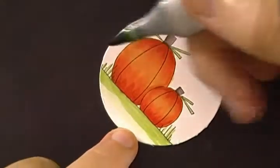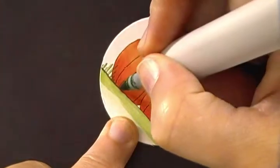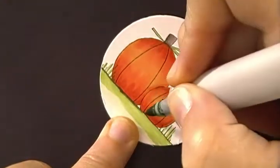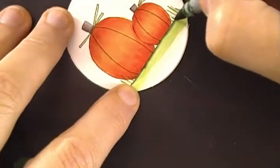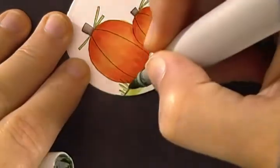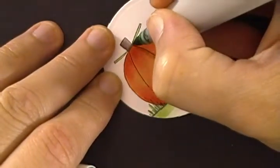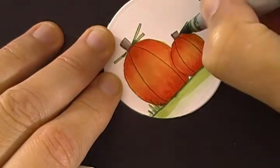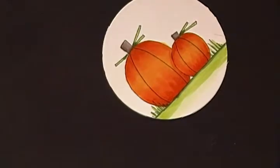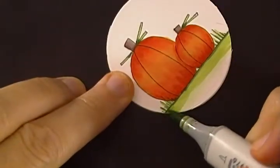With my G46, I'm just going to put a tiny bit at the top of the grass line and add a tiny bit into the blades of grass, and just very close to the pumpkins. And to help, oops, wrong end of the marker. To help spread that out,